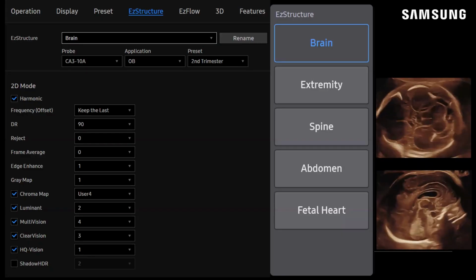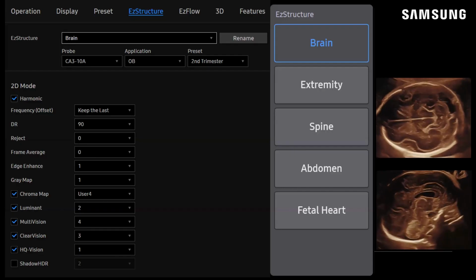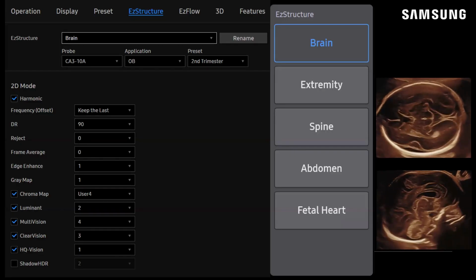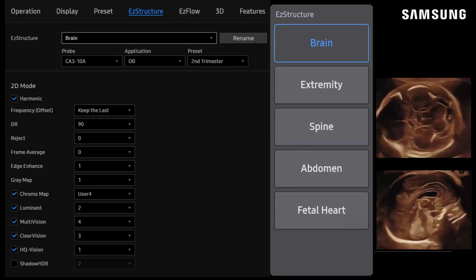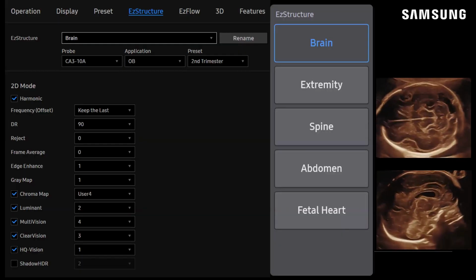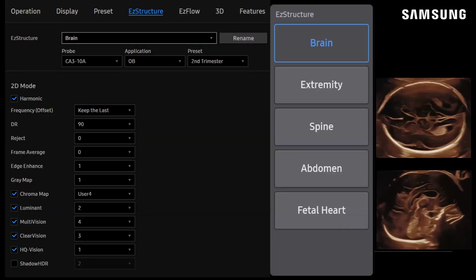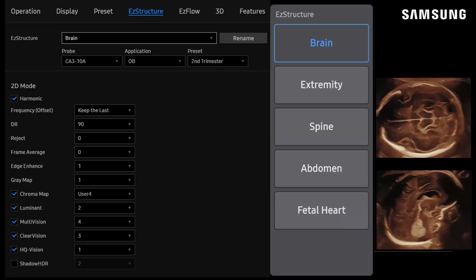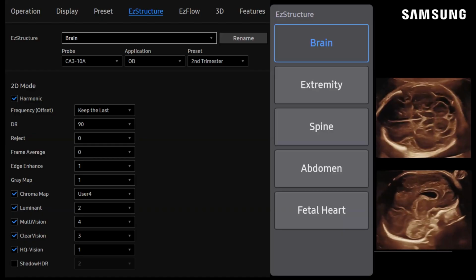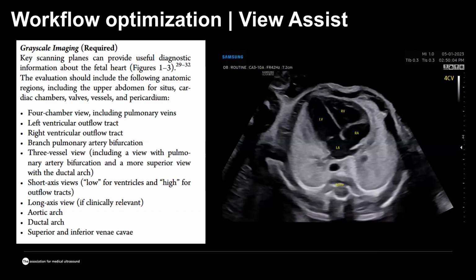And if you think about that, this is something that we always do when we scan adults and children. So for example, within the abdominal preset, we have the preset for kidneys, for liver. So this is the same concept, but applied to fetal imaging. So the workflow also matters. Sometimes you look at the keyboard of the ultrasound system, you see all those buttons, and you feel that you're in the space shuttle or you got lost.